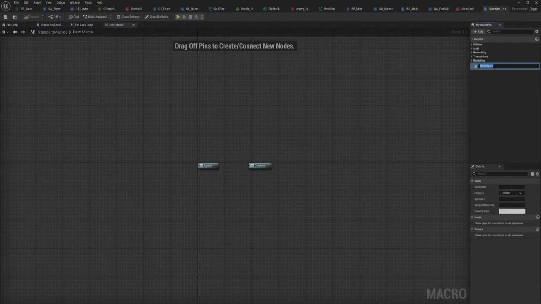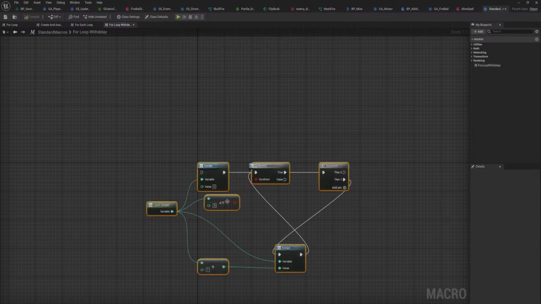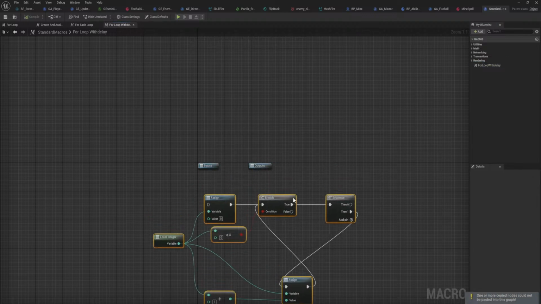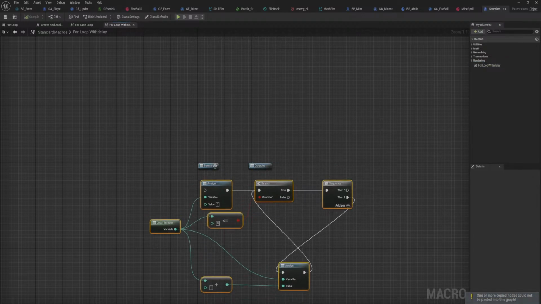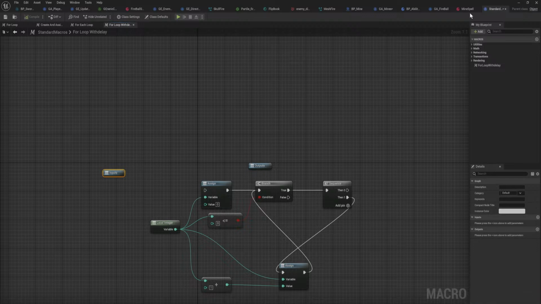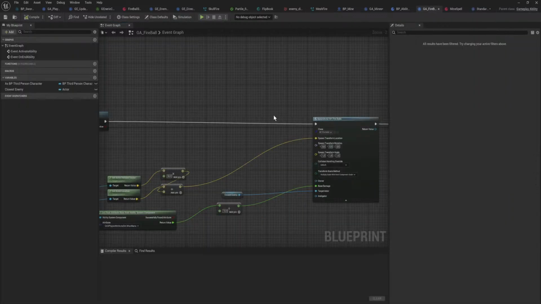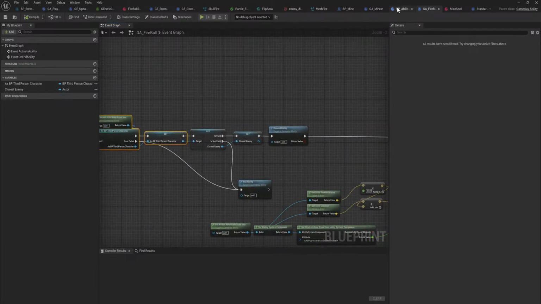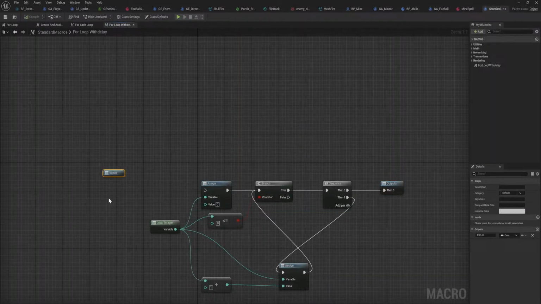Add new macro for loop with delay. Let me open up the other for loop again, because can I just delete the input and output